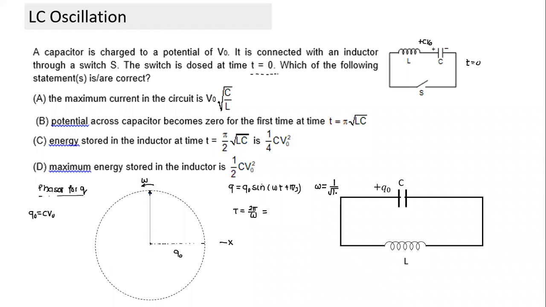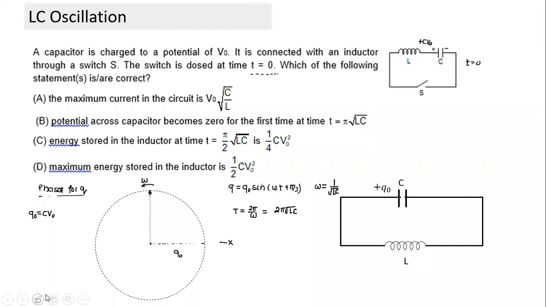So what is T equal to? T becomes equal to 2 pi root LC. This is the time period. Okay, now I have understood this phasor and it is rotating based on t, so I can solve. Now let's see how we can solve in terms of the phasor. First question: let's do all parts one by one. How do we find maximum current in the circuit?